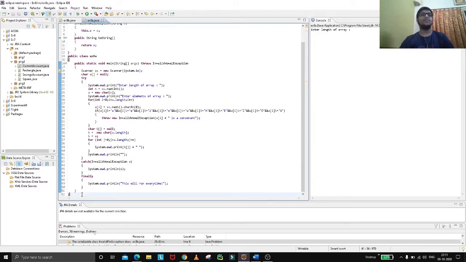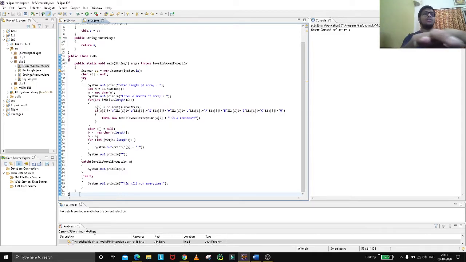So I have used try, catch, finally, throws, and throw. Basically all the five things are used in exception handling.